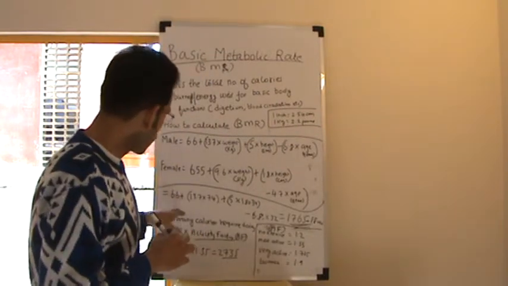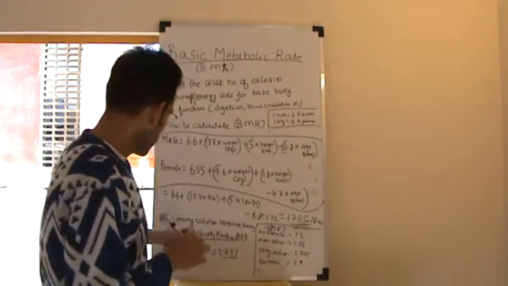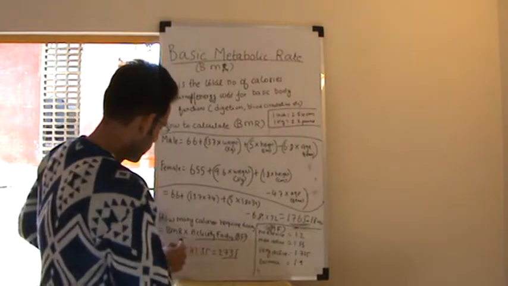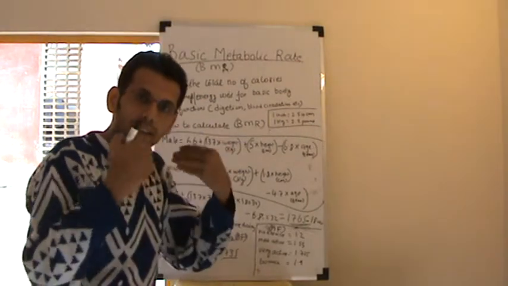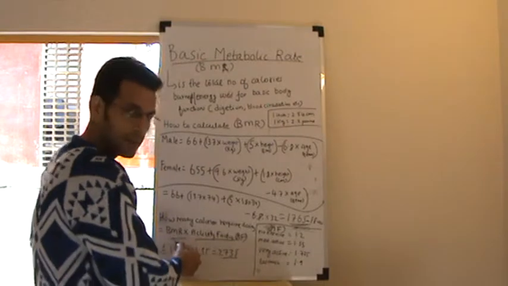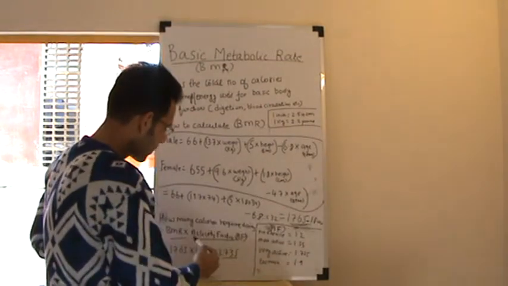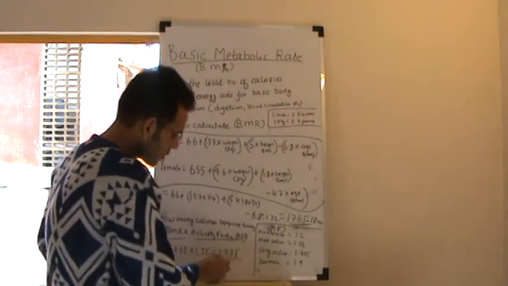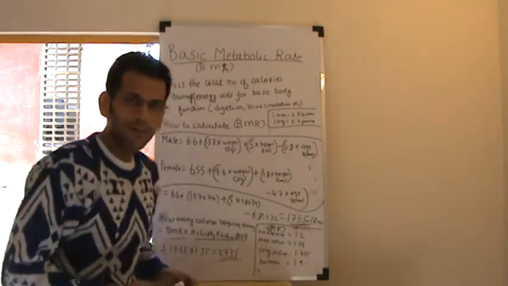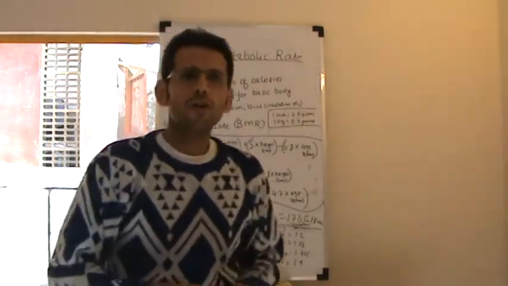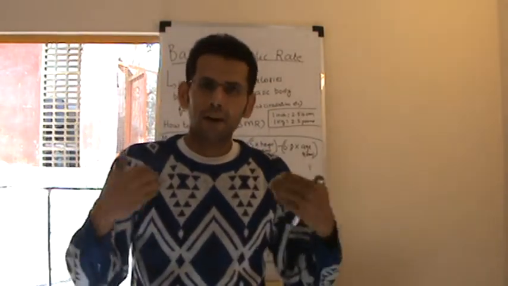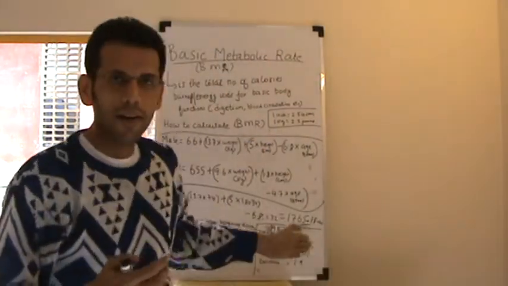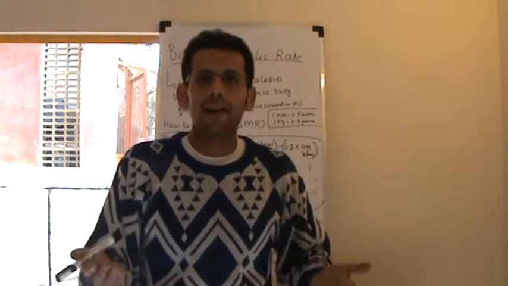I have just now shown you how to calculate your BMR, which was around 1800. So if I want to calculate how many calories I need daily, it will be my BMR, which is 1800, into the activity factor, which is 1.55 for me. So it comes to around 2735, or 2700 calories. So 2700 calories are required by me on a daily basis based upon my BMR and based upon the activity factor I have in my life.